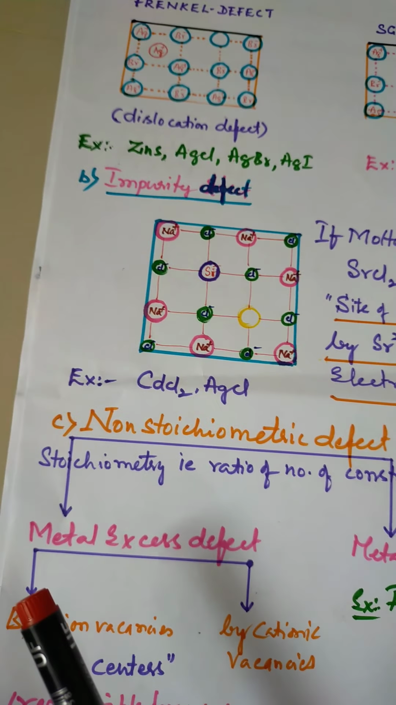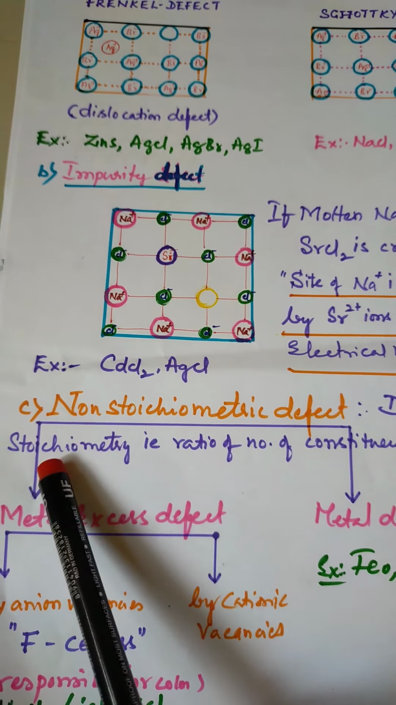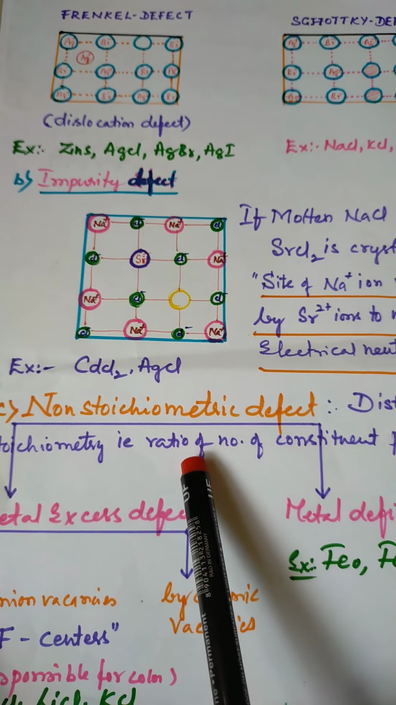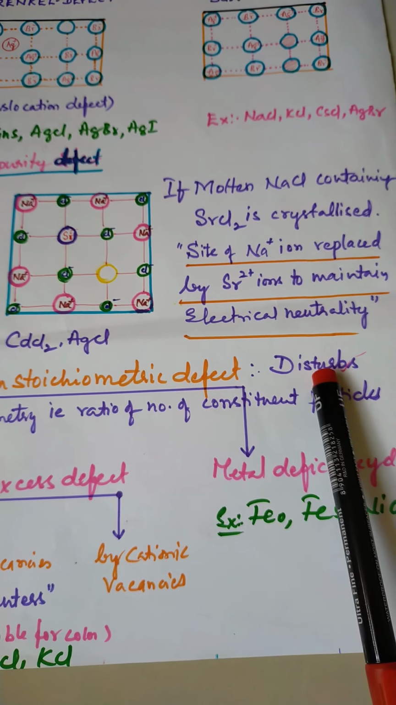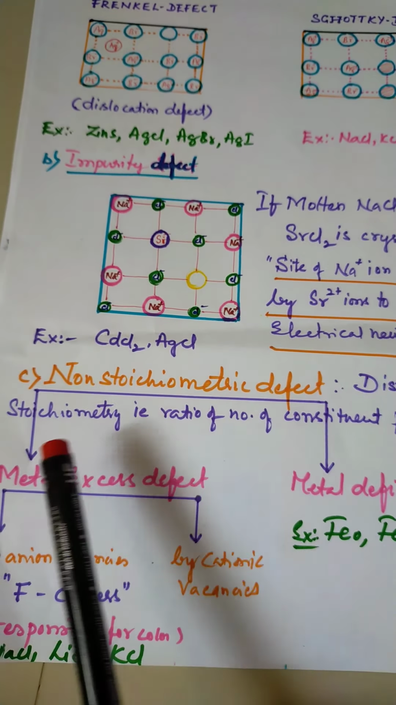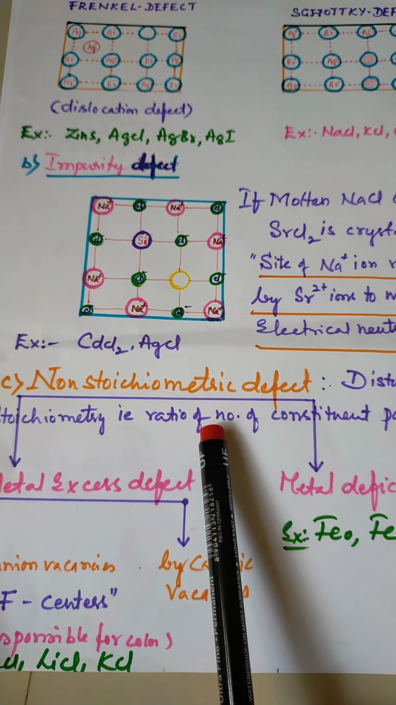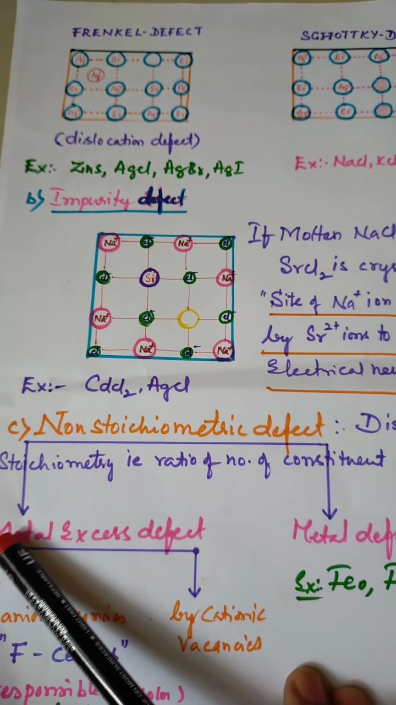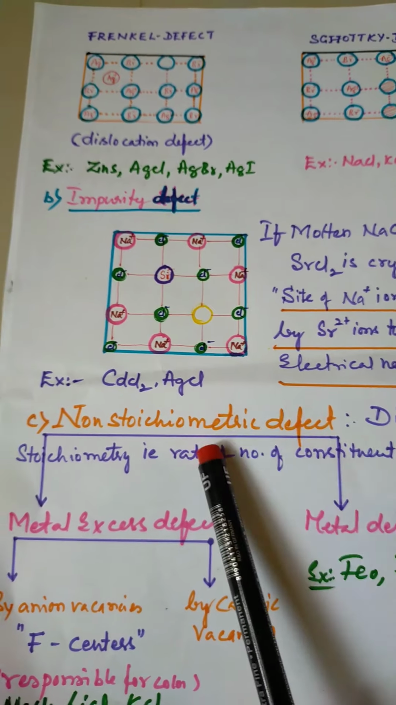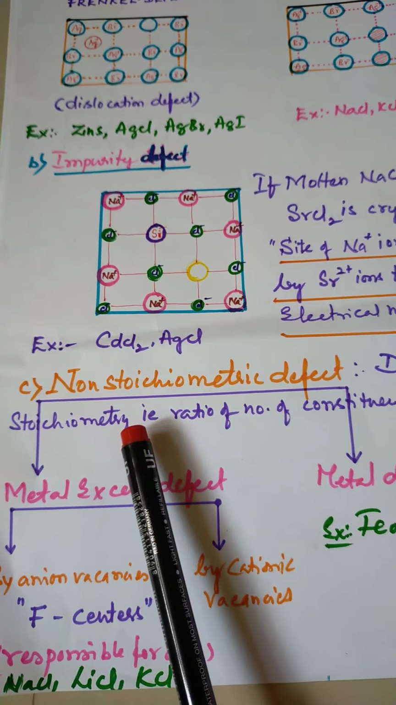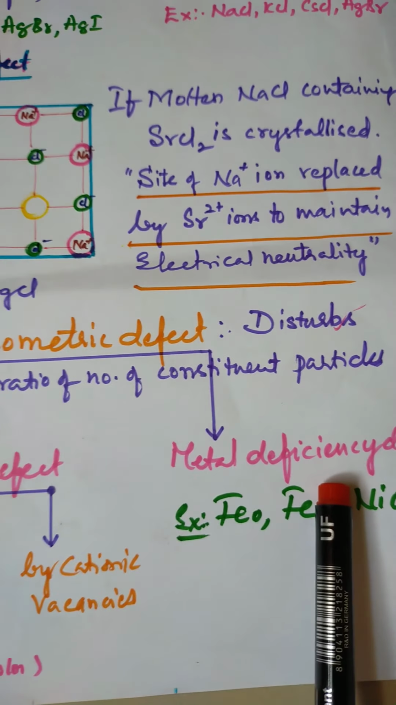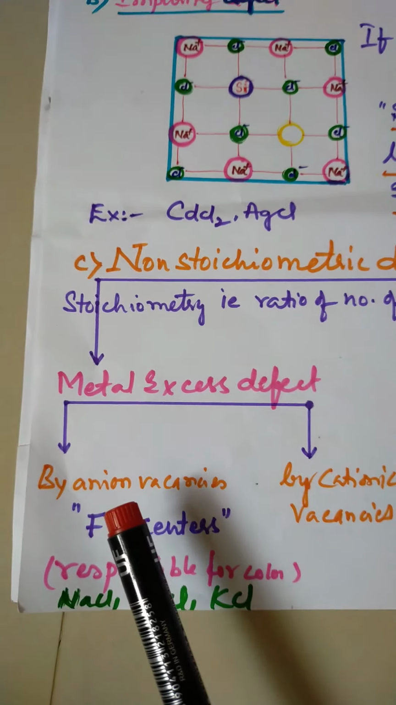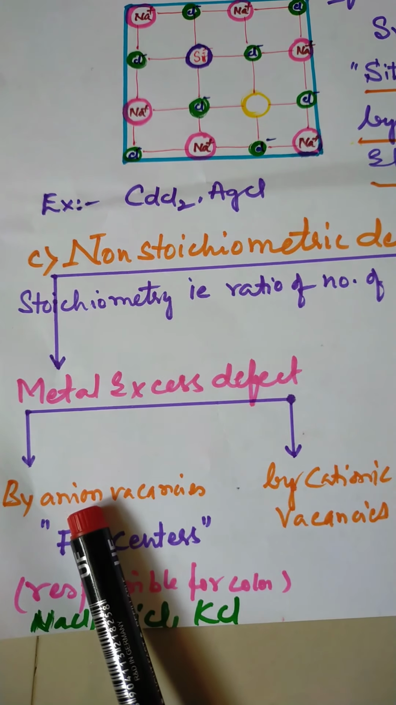What is meant by non-stoichiometric defect here? It disturbs the stoichiometric ratio, that is, the ratio of the number of constituent particles. This is called non-stoichiometric defect. In this there are two defects: one is the metal excess defect and the other is the metal deficiency defect. In metal excess defect, by anion vacancies,